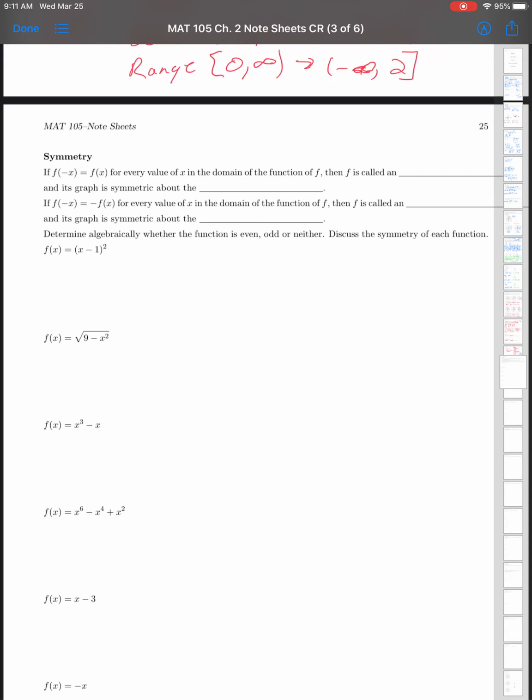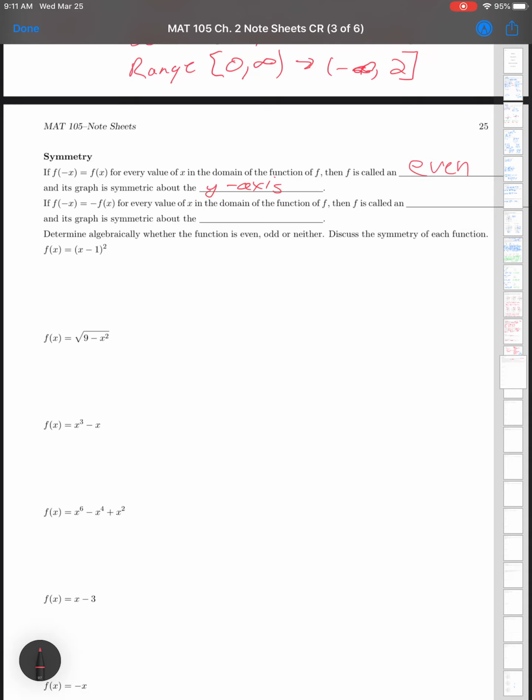The first of which is symmetry. One of the things that's true about functions is they can be considered either even or odd or neither. So if f of the opposite of x equals f of x for every value of x in the domain of the function f, then f is called an even function, and it's going to be symmetric about its